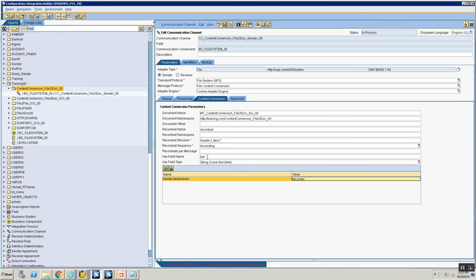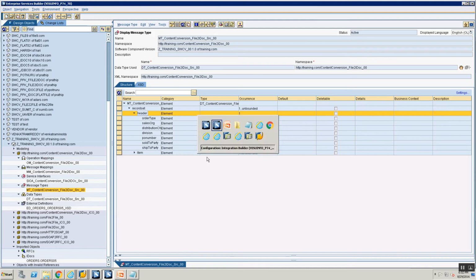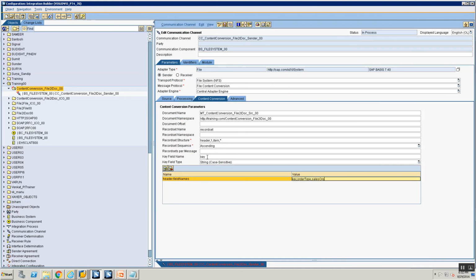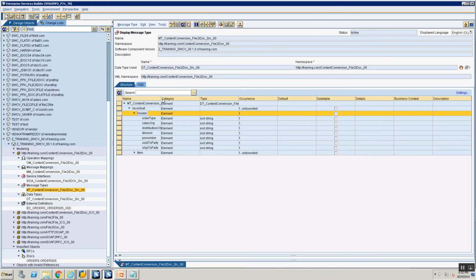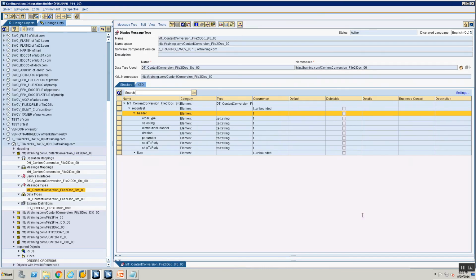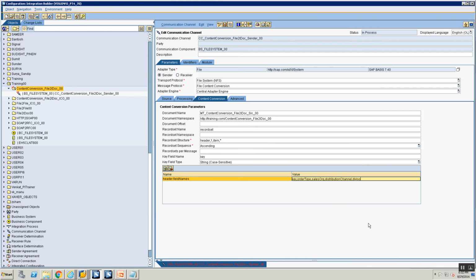Order type, sales org, distribution channel, division, PO number, sold to party, and ship to party. Okay,